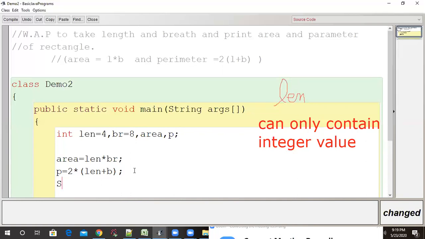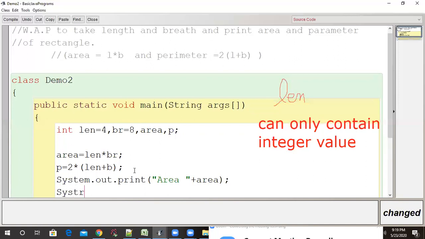Now we only have to print the area plus area, and the perimeter plus p.